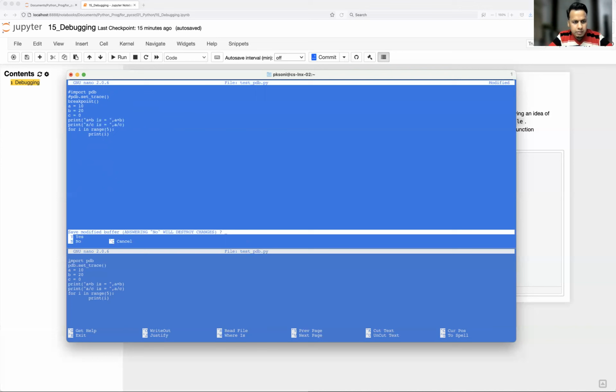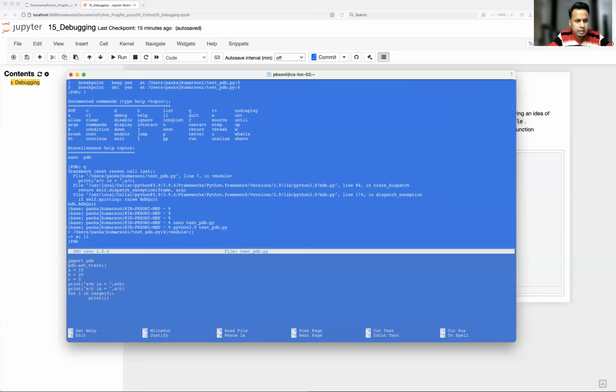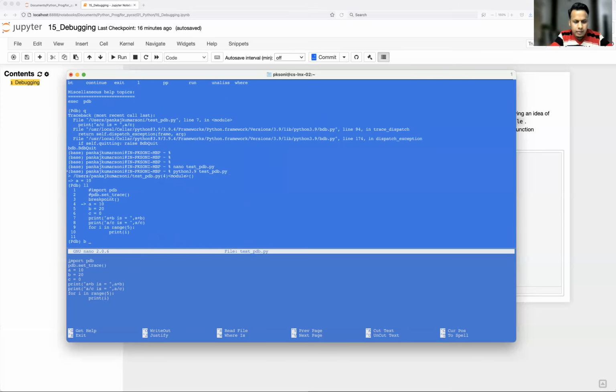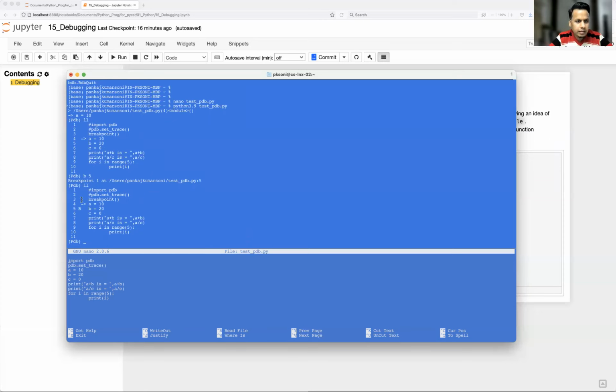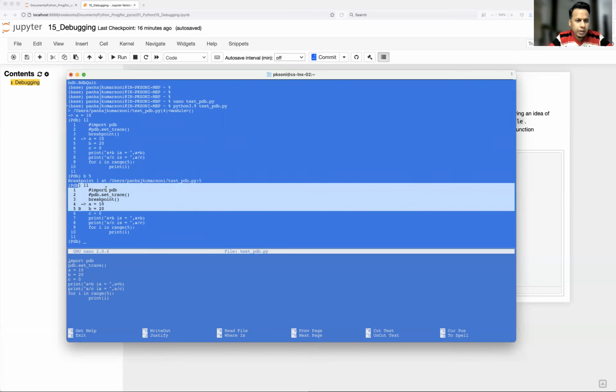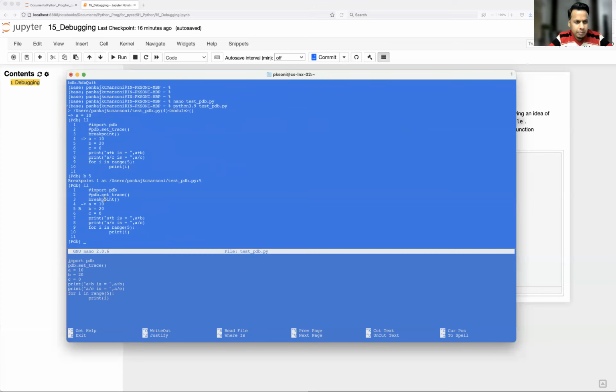Okay, so let me just save it, and I'll execute. You see here, it has already started debugging. Breakpoint at the fifth line, then long listing, you see here. So no need to import pdb and set this particular set_trace line. breakpoint is good enough.